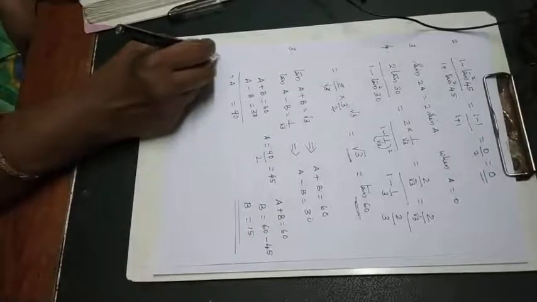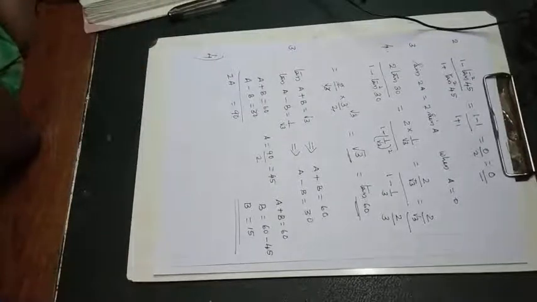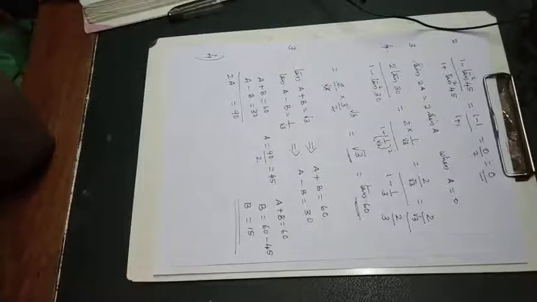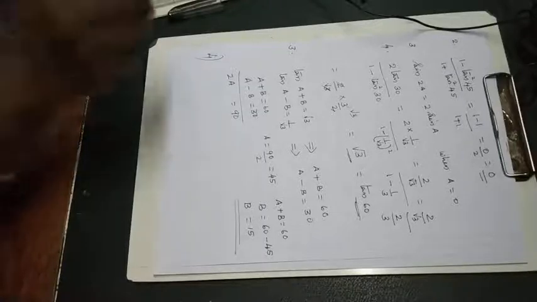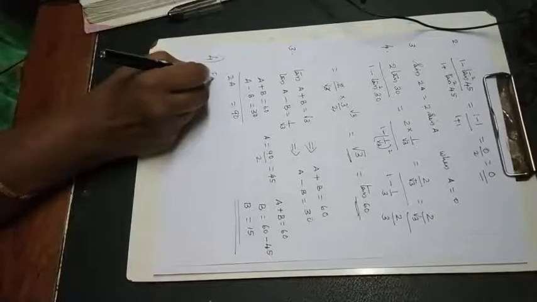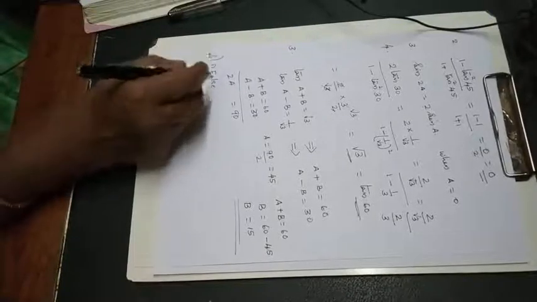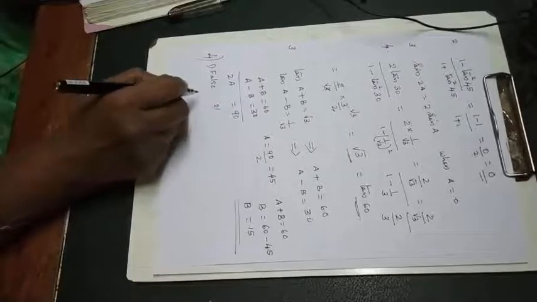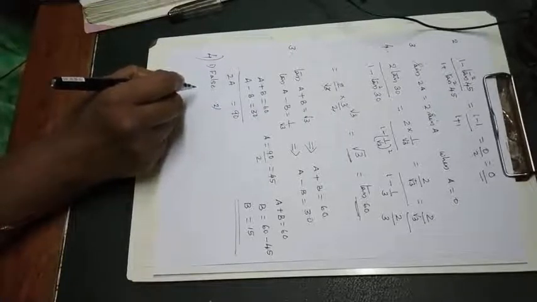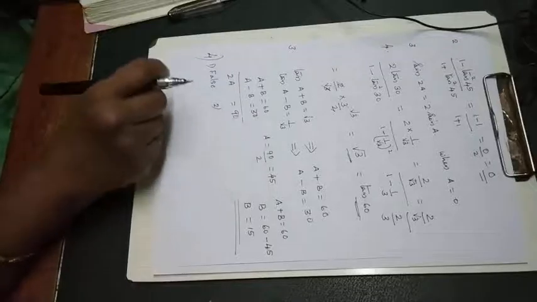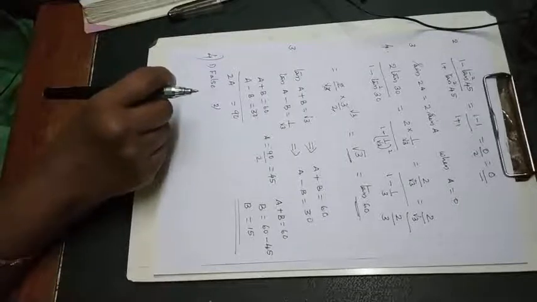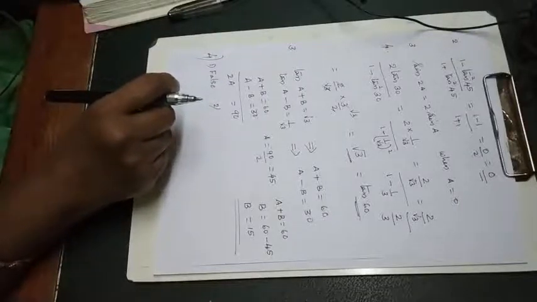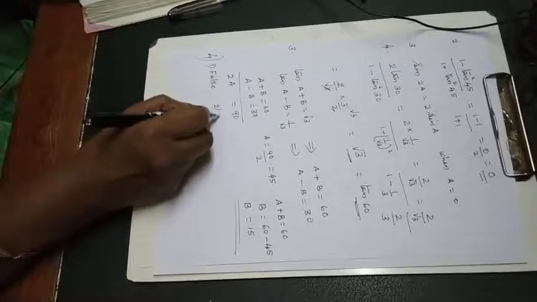Now comes fourth one, true or false. State whether the following are true or false. Justify your answer. Sin(A + B) is equal to sin A plus sin B. No, that is not true. It is a false statement. Second one, the value of sin θ increases as θ increases. That is true, because sin 0 we know that it is 0, sin 30 it is half, then keep on increasing up to 90 it will be 1. So this is a true statement.